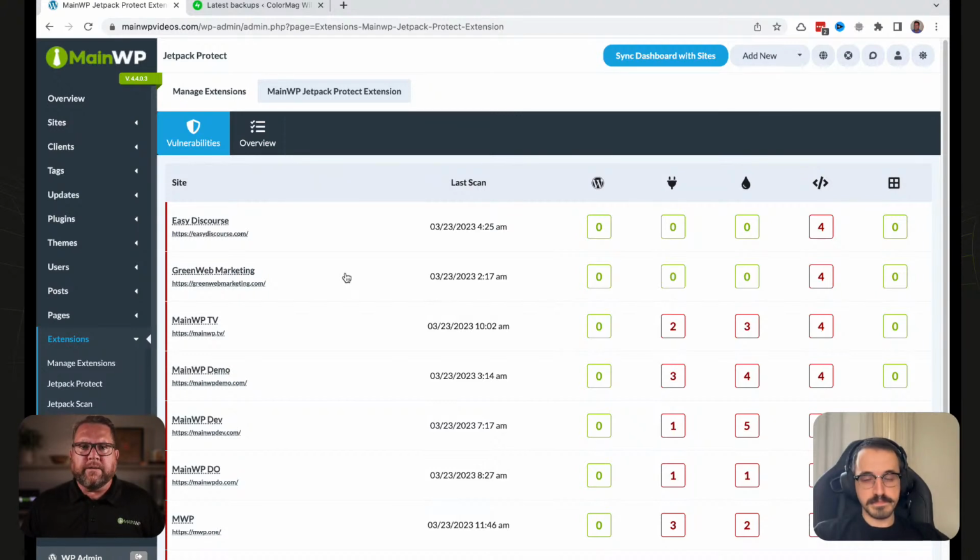Okay. And those are the major differences. And also, as Miguel pointed out, Protect is free in WordPress.org. It has been separated from the main Jetpack plugin. It's its own plugin just under Jetpack Protect. And that plugin is free. And also the Jetpack Protect extension is free. That is included in the free bundle. Scan is a fee service that you pay a fee to Jetpack. And it's also only in the Pro extensions. That would be the major difference from our end, not as far as how things work, but as far as